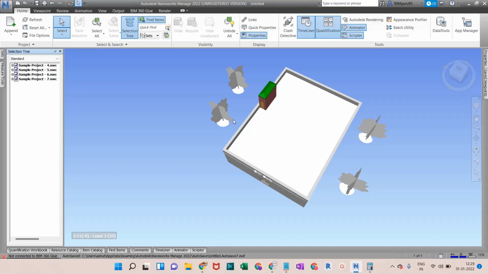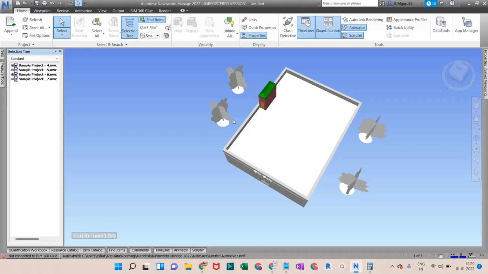But if you save that NWF as an NWD, a Navisworks document, then it is a read-only document, what we can say. Yes, we can review it and add to it, but if we update any NWC file, like replacing an NWC file, those NWC changes will not be visible in the NWD.